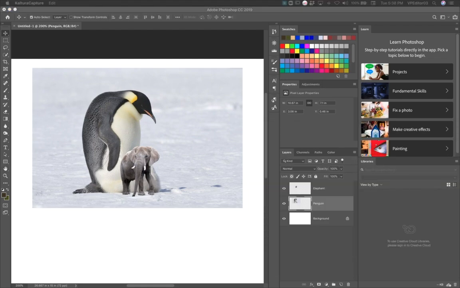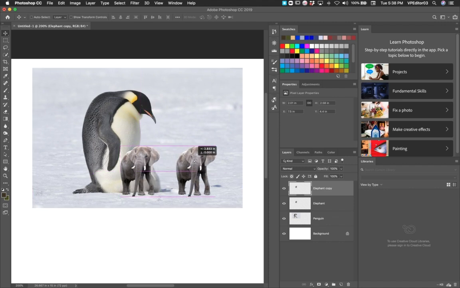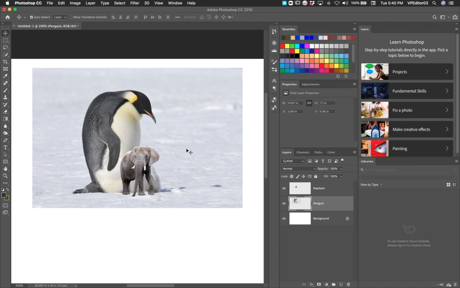If for some reason we want to create a copy of a layer, we can do that by dragging and dropping to this icon here, and it will create a duplicate copy. And from here we can reposition that. The last thing I want to do here is I want to create a little motivational poster for this image. I have a file that's already selected here, and so what I can do is I can drag and drop it